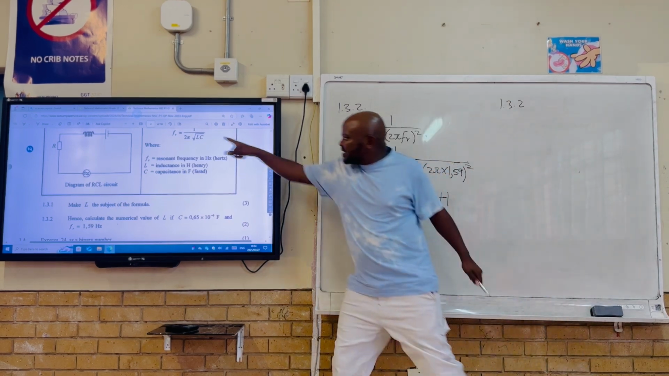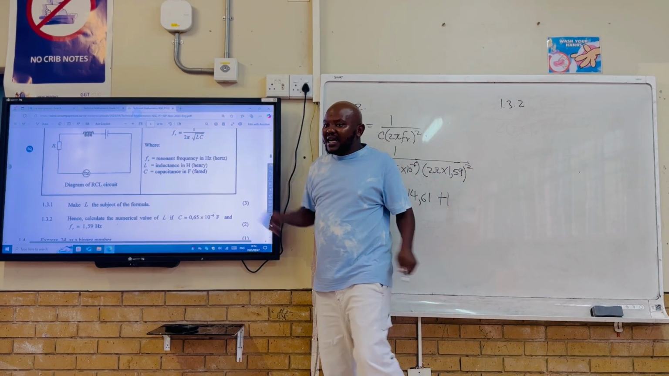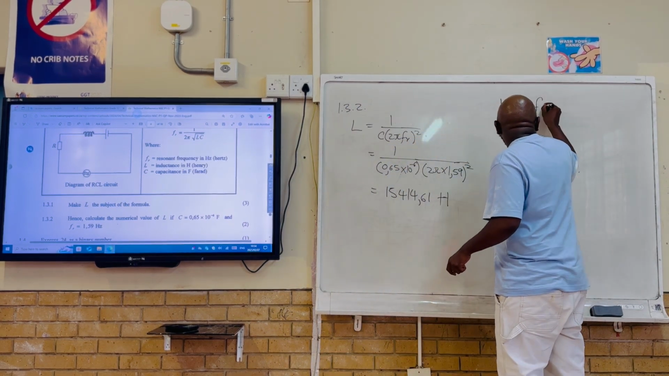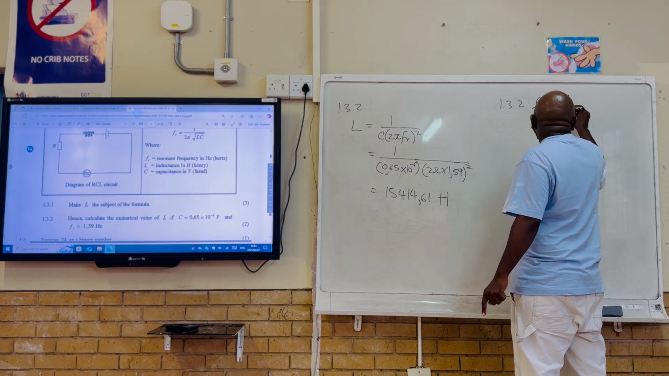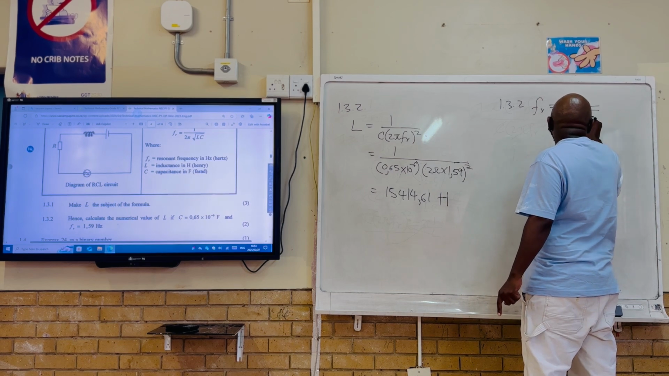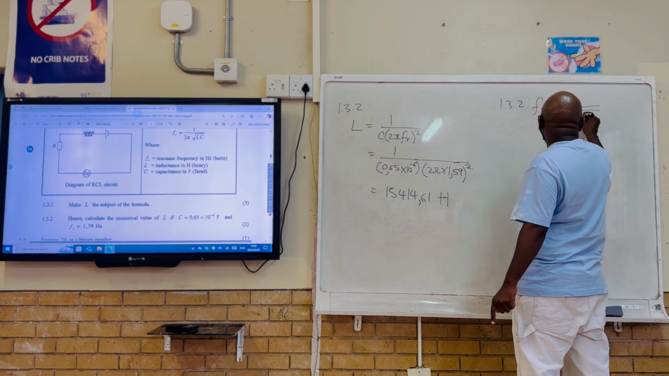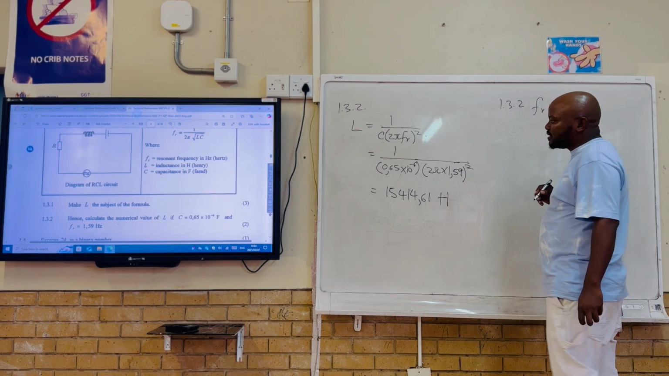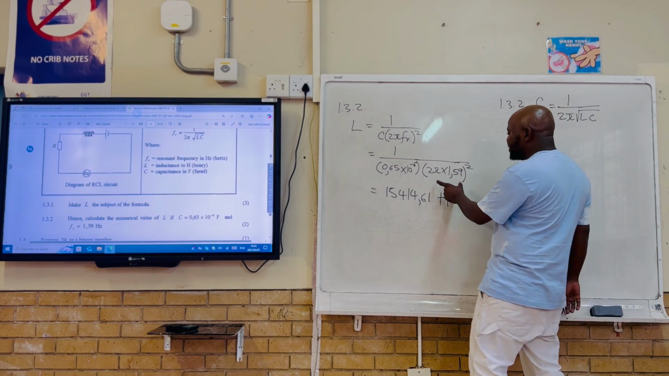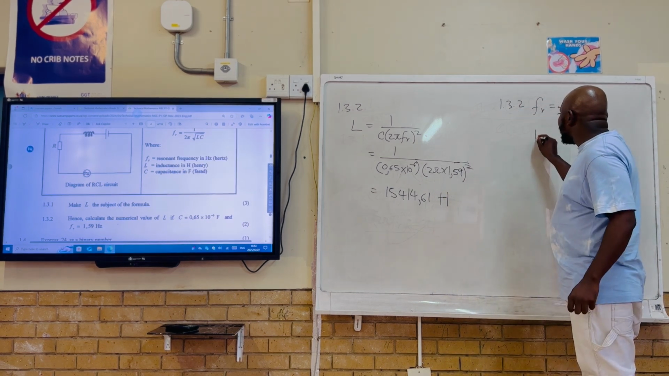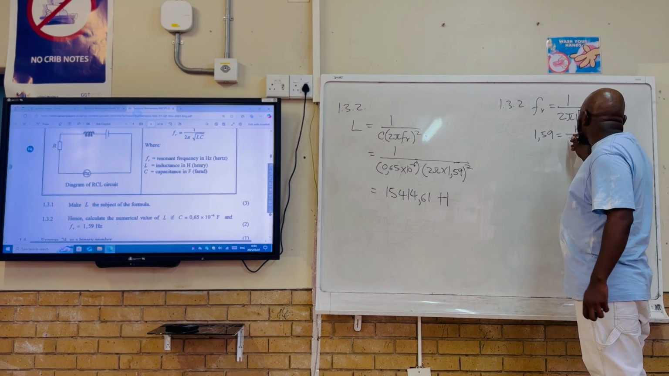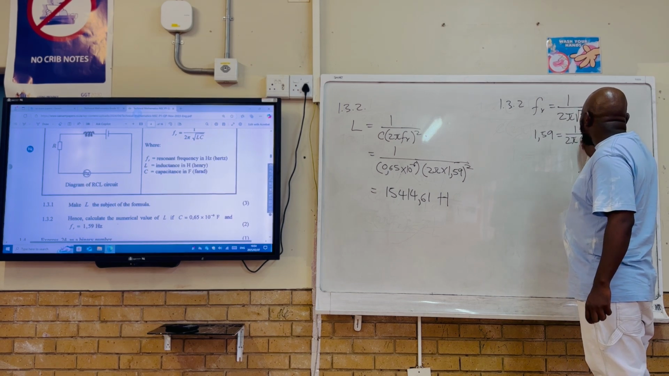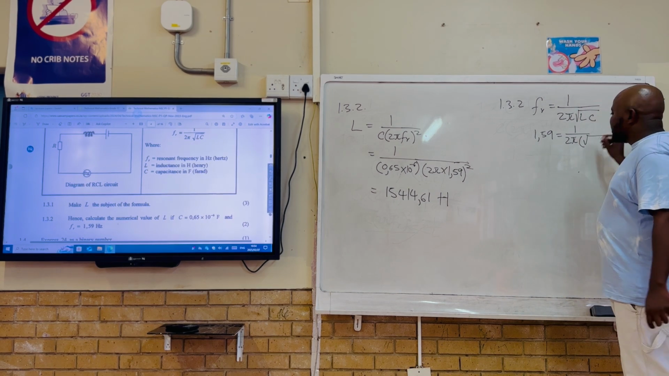You can just take this formula as it is. Frequency is equal to 1 divided by 2 pi, the root of inductance multiplied by capacitance. Now we have our frequency, 1,59. 1,59 is equal to 1 divided by 2 pi into the root of